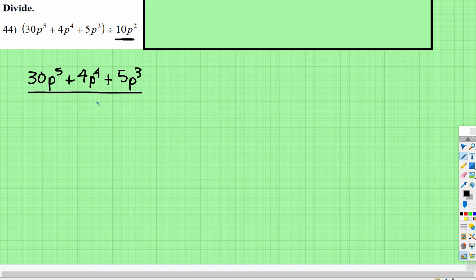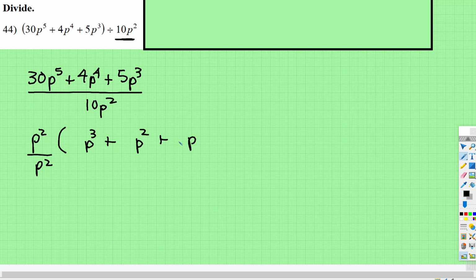is to put that all over, because remember the fraction bar also means divide, and then factor both the numerator and denominator, everything they have in common. Well, that's p to the fifth, p to the fourth, p cubed, p squared. So at least they all have a p squared in common. So we can factor out top and bottom a p squared. And in the top, that's going to leave a p cubed plus a p squared